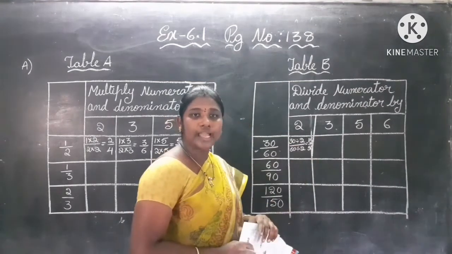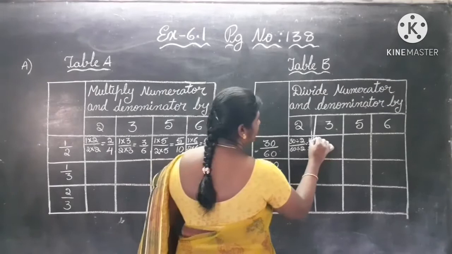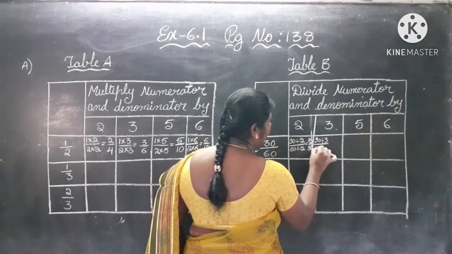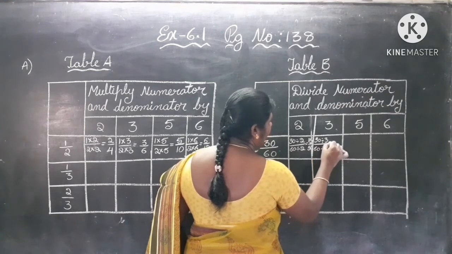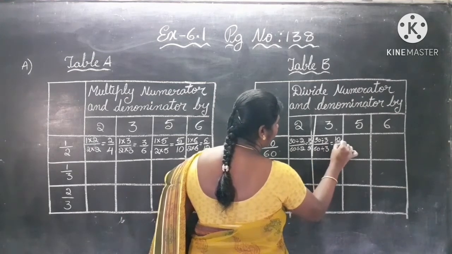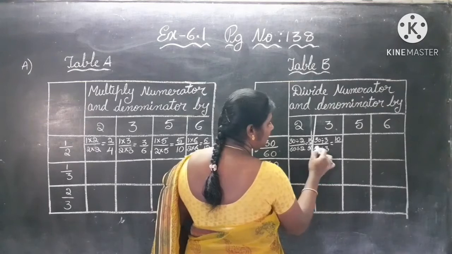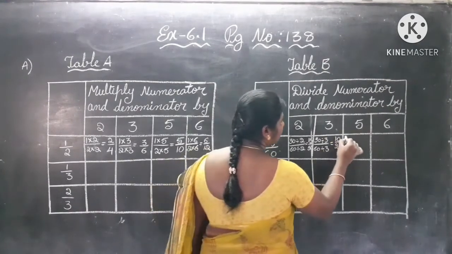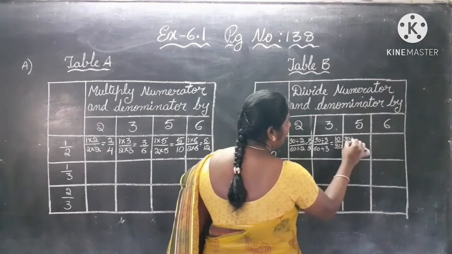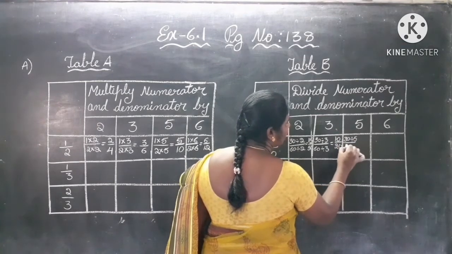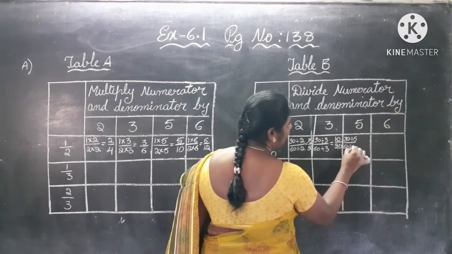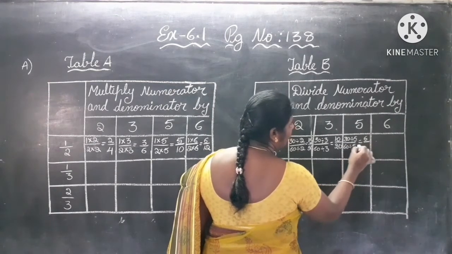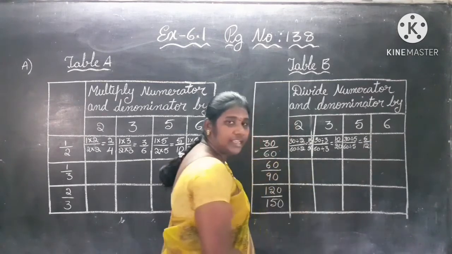Here do division on the side and write. Next 30 divided by 3, 60 divided by 3. 3 table 30, 3 tens are 30. 3 table 6 how many times? 3 2s are 6. So 10 by 20. Again 30 divided by 5, 60 divided by 5. So 5 table 30 how many times? 5 6s are 30. 5 12s are 60.